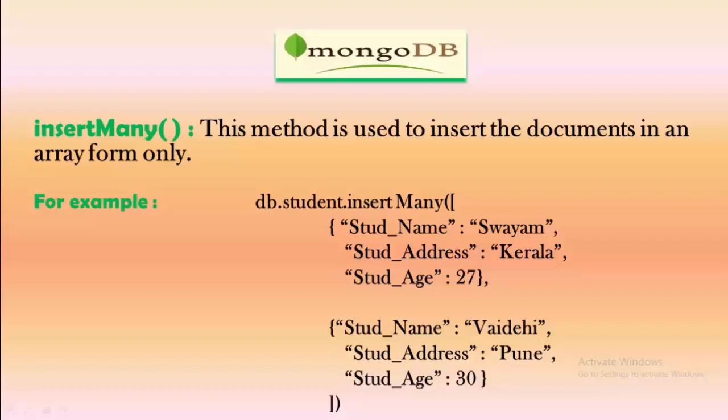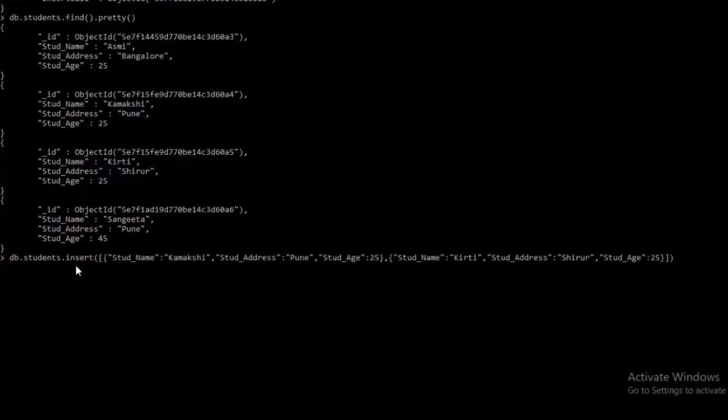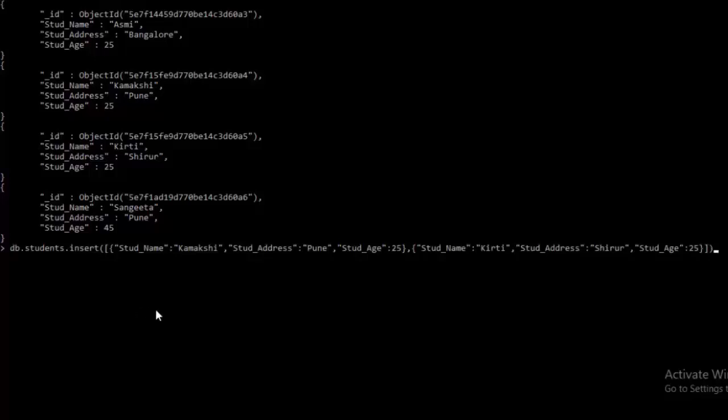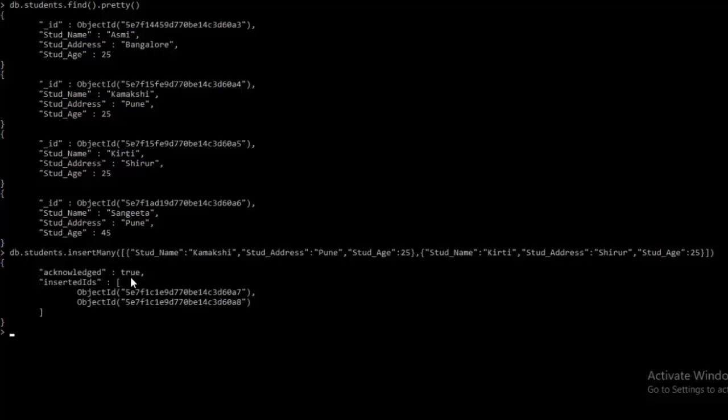Now let's see how to implement this insertMany method practically. Now I am in the Mongo shell. In insertMany, I'll specify the two documents and specify the subscript, as I did in the case of the insert method. Instead of insert, I'll just change the name of this method from insert to insertMany. I'll click enter, and as you can see, the multiple documents have been inserted.